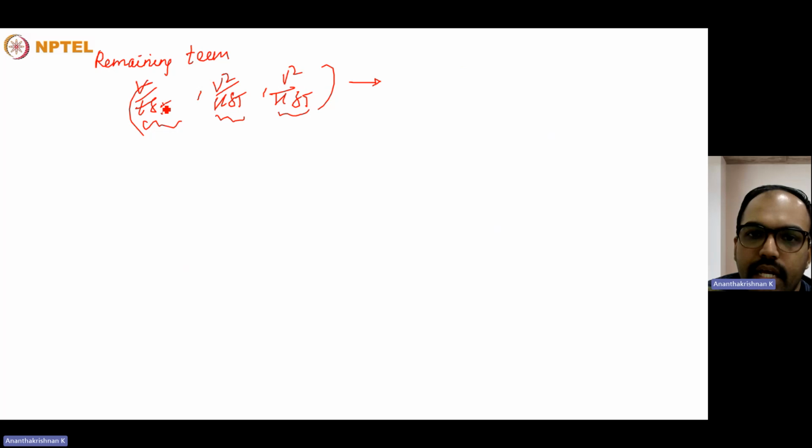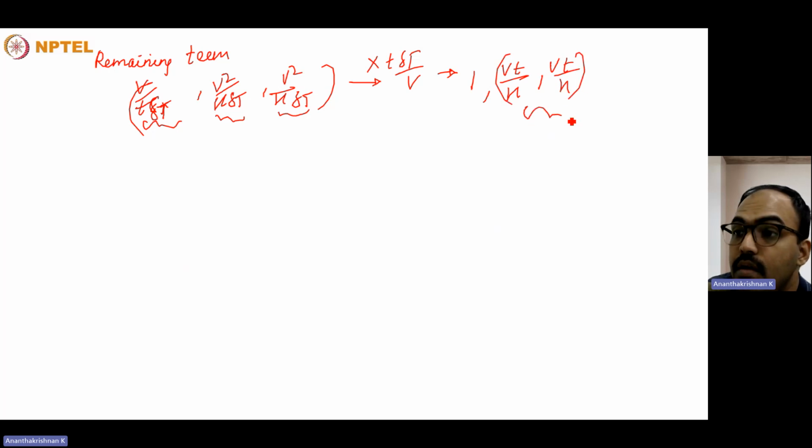V by T delta T. This is delta T. Then what we could try to do is multiply the terms with T delta T divided by V. That will give us 1, and then it will be Vt divided by H, and both of them scale will be same. So what we could see is that Vt divided by H